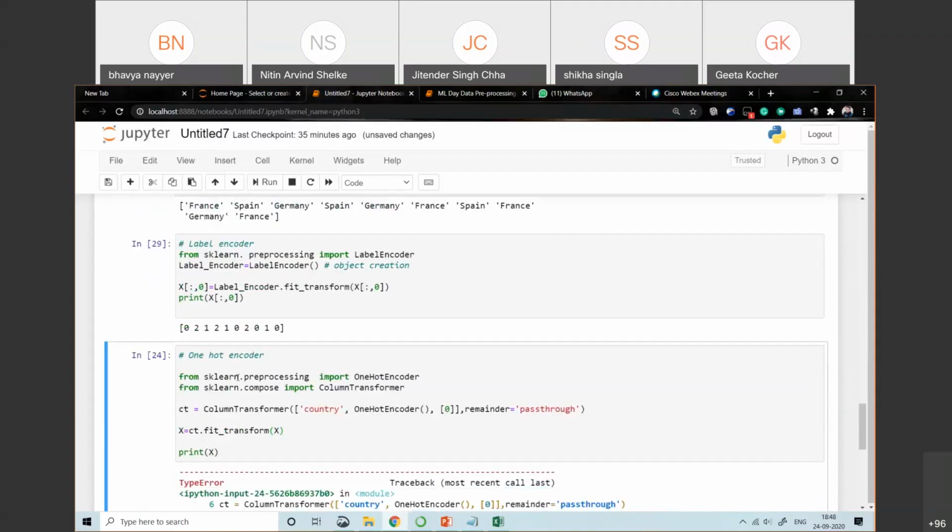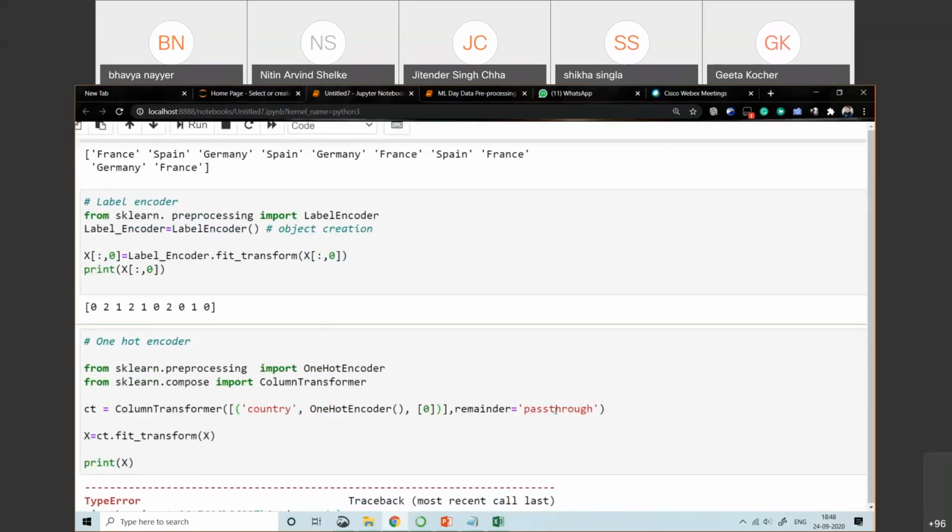Right, this is fine. Now one hot encoding. Specifically, that should be needed in the bracket. Okay, here there is a mistake. Okay, country and up to this one hot encoder reminder.